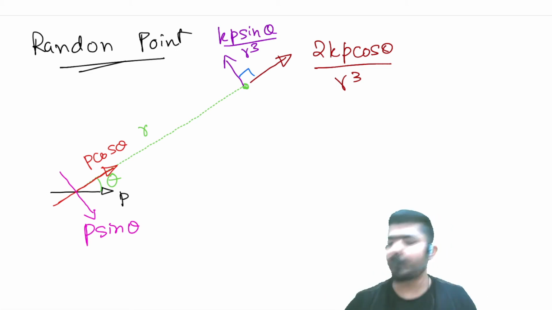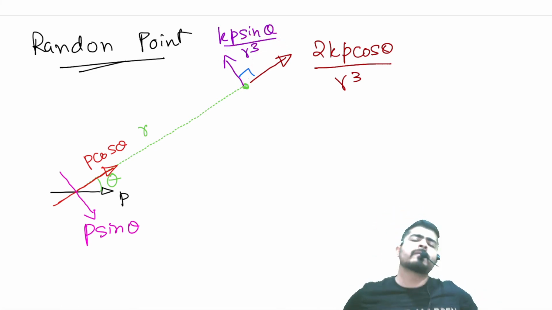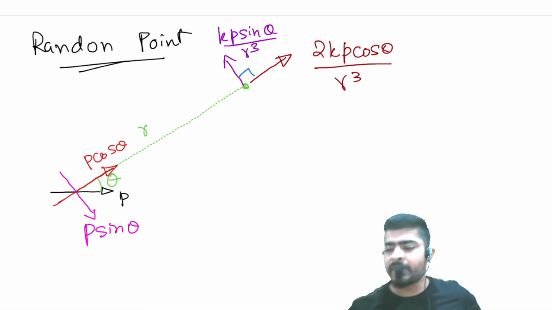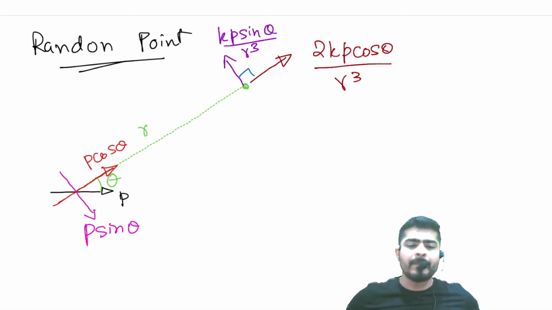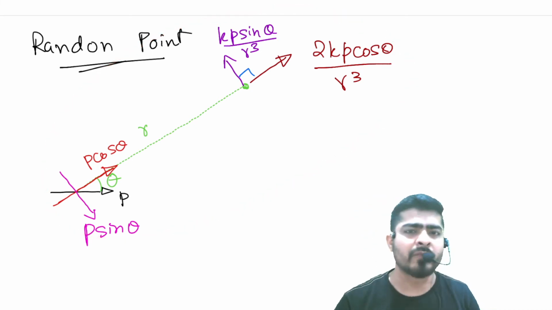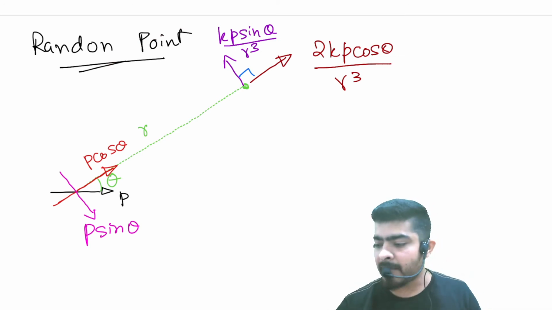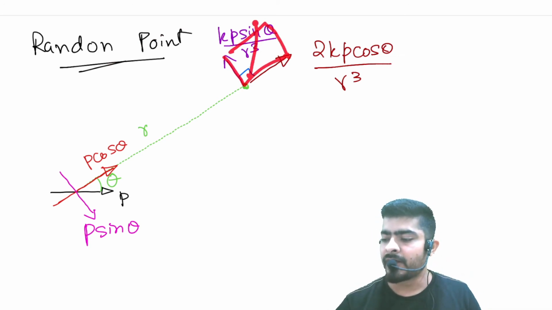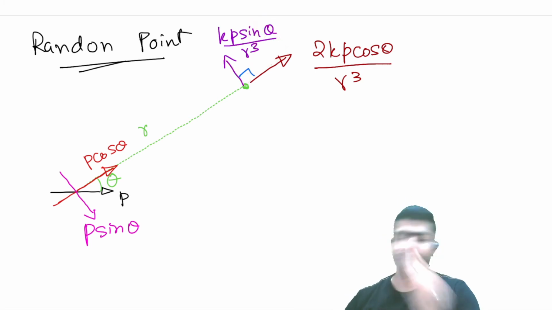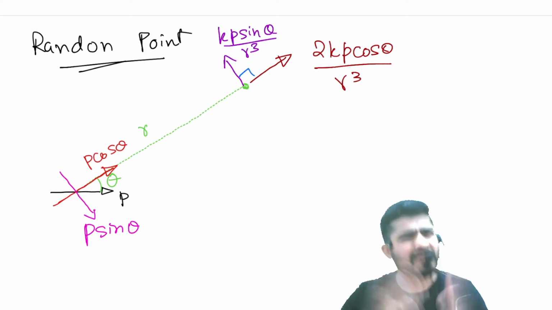Now finding the net field is easy. These two components are perpendicular to each other, so you can find the resultant like this. The resultant will be root of square of this field plus square of this field. But generally difficult questions are not asked based on this concept, so no need to worry so much. They will ask you something where the calculation is easy. For example, the resultant of these two should become vertical, that is, the x component of this field and the x component of this field should cancel out. This is what generally happens.